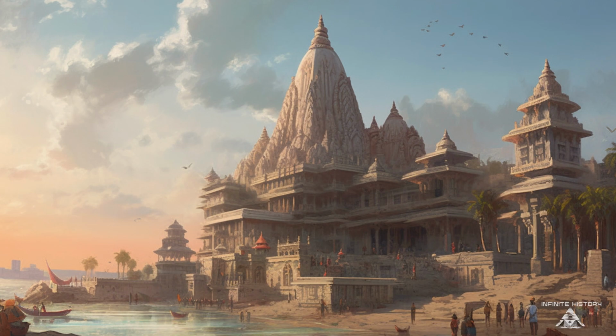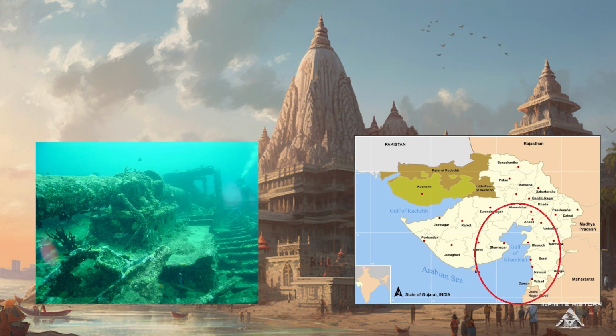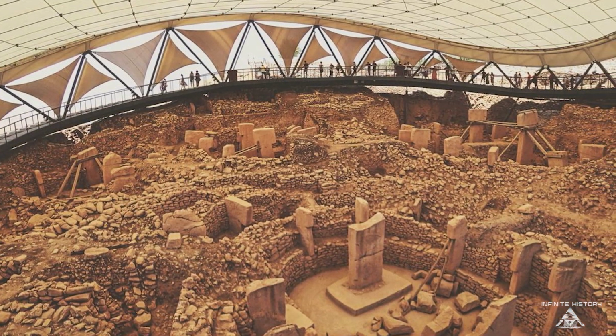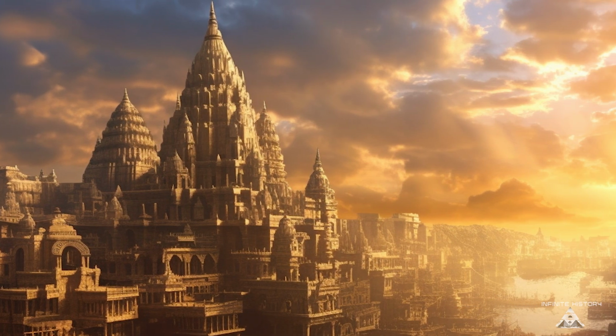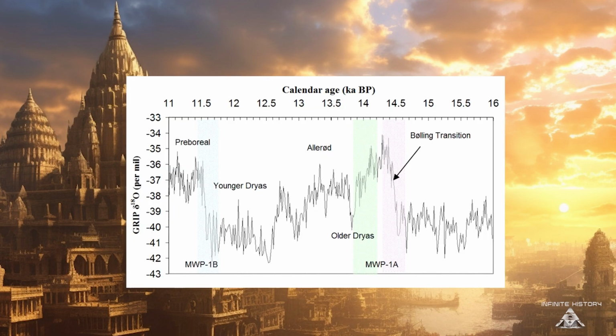It is clear the Vedas are true, and what has been found here near Gujarat off the west coast of India underwater adds even more weight to the mountain of evidence supporting these ideas. With the discovery of Göbekli Tepe, Karahan Tepe, and 13 other sites in Turkey dating back over 13 to 14,000 years ago, we now must open our minds to this knowledge and extension of scientifically sophisticated human timelines